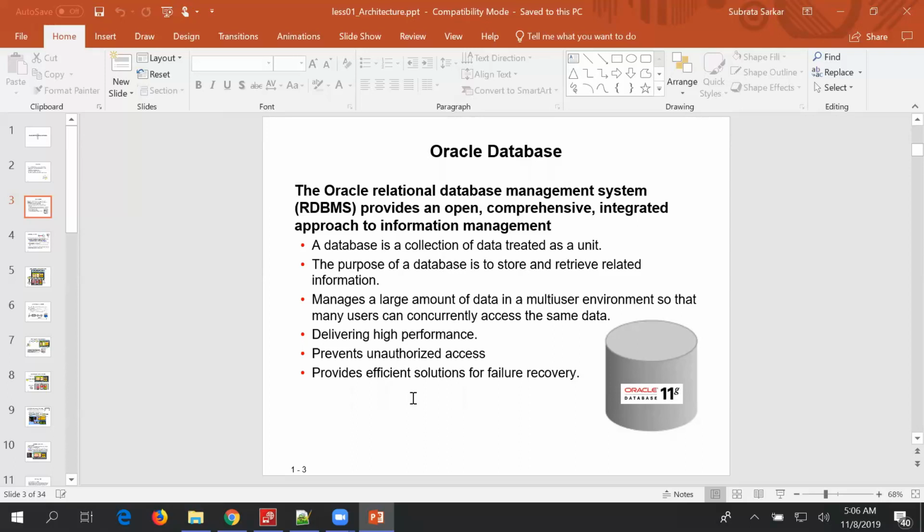Tables will have multiple columns and tables will have rows. So the data is stored in the rows within the table, and these tables are related to one another through a relationship known as referential integrity, and this relationship is known as foreign key. So through foreign key, the tables are related. So it is known as Relational Database Management System or RDBMS.